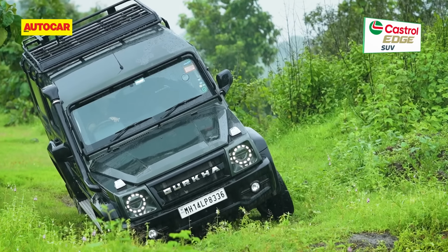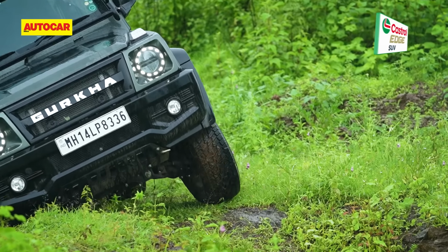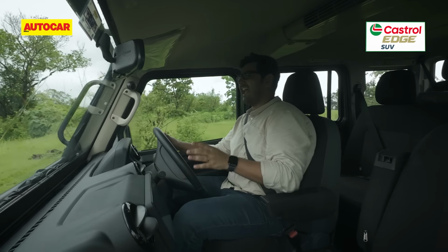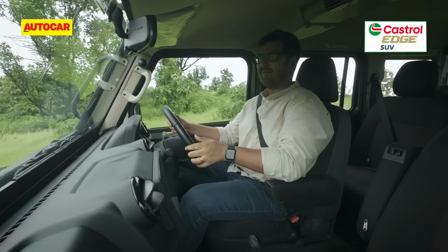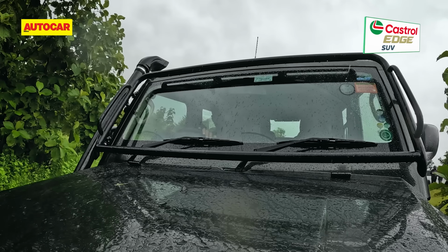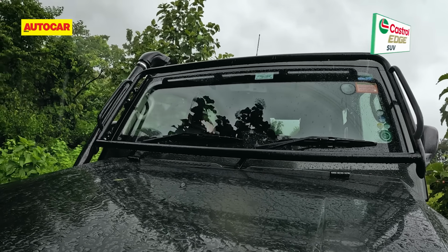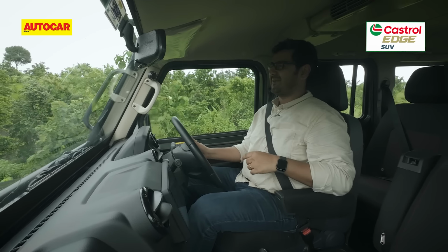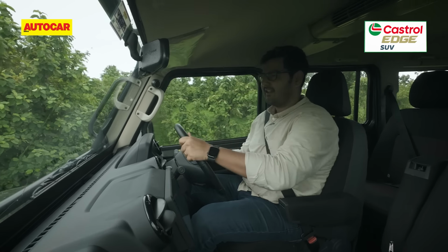Next up, the Force Gurkha 5-door. The first floor seating has its pros and cons. Now the Gurkha is a huge vehicle and it feels as much when you're on a tight trail like the one I'm on right now. I must say that because you're sat up high and you have this really large glass house, you get a really good view. But also, because you're sat up high, when you're looking down on these steep descents, it can